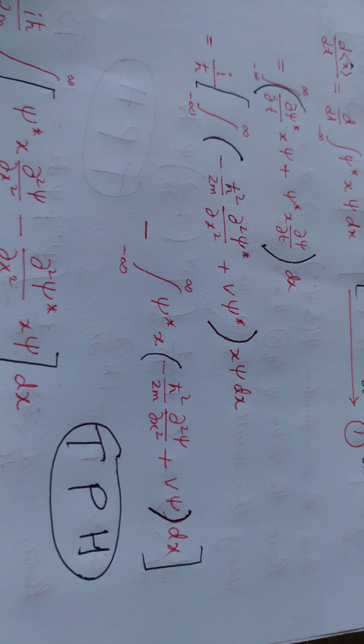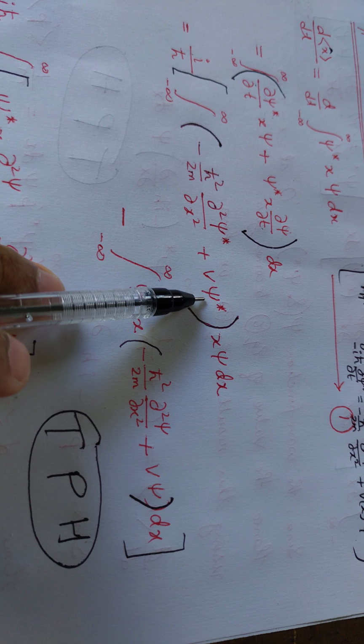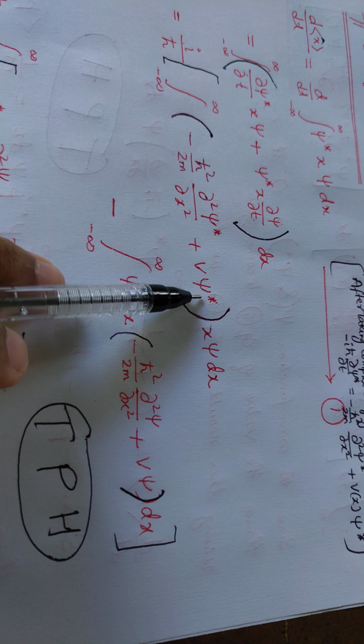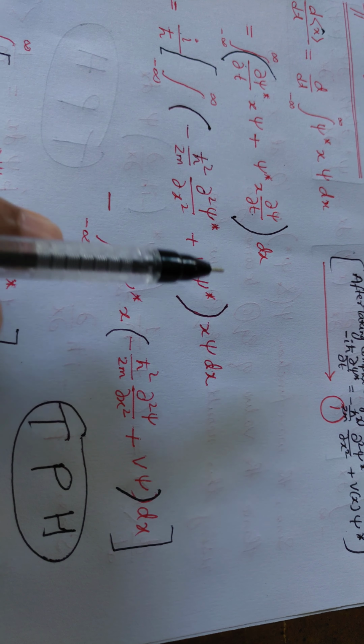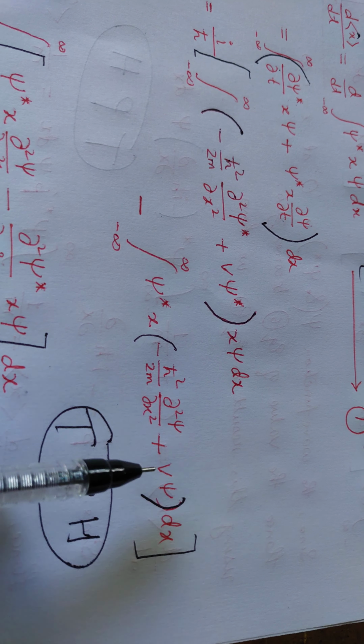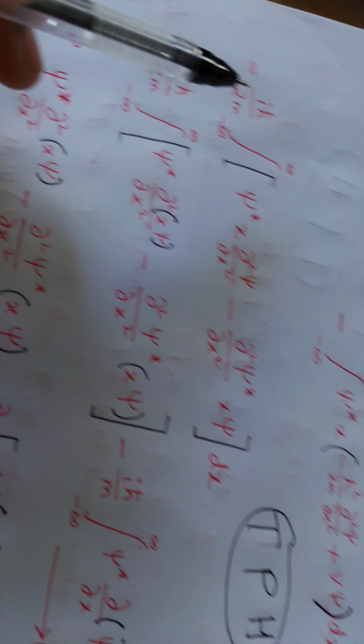And then what you do is this. Check out V psi star x psi dx. Since V is a real function, this V psi star x psi dx and the V psi star x V psi dx terms are going to get cancelled out. So what remains is this only,